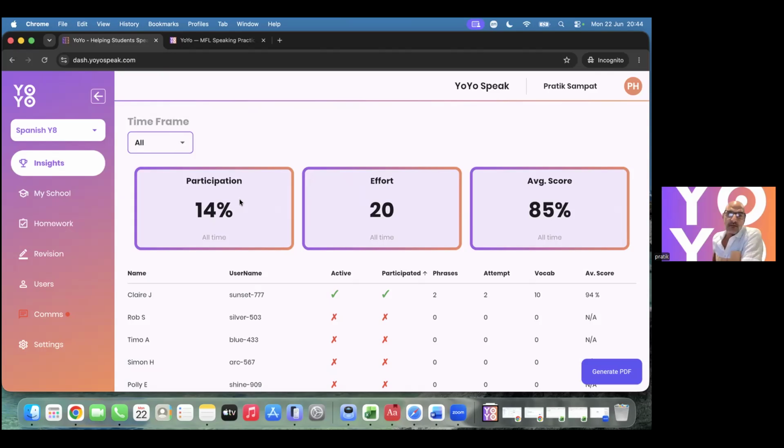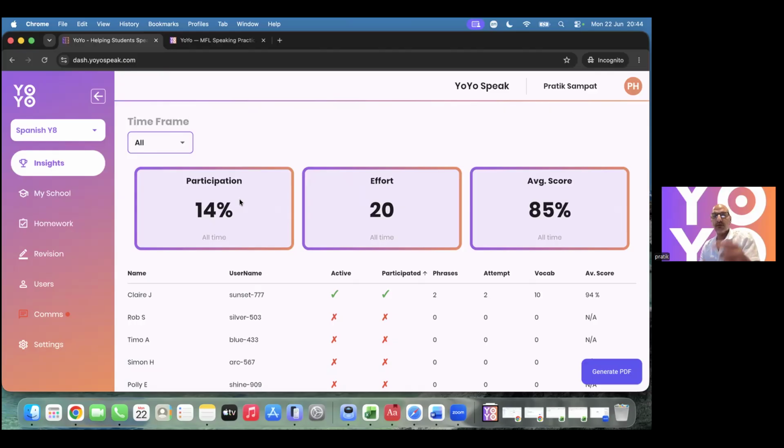I think you can get tools which have many, many features, and then people get absolutely overwhelmed by the number of things it can do. What I like about YoYo Speak is the core features are very straightforward, and really catered to a very important skill. That's why I think it's so useful. That's great. Yeah, very much. It's always kind of been our view that YoYo could integrate into any existing teacher workflow. It's the first time structured speaking homework can be set and assessed with no additional marking.